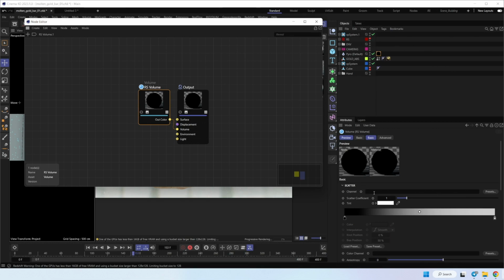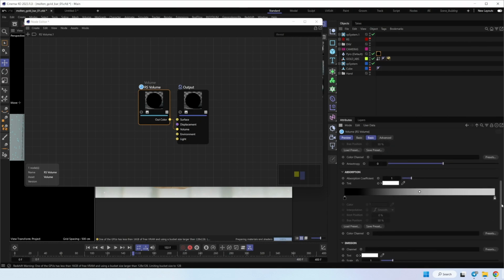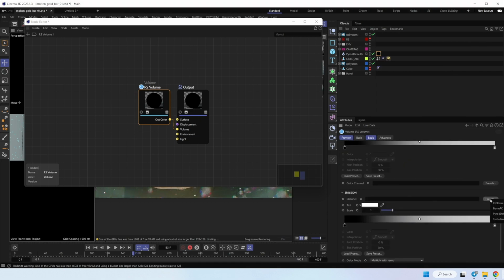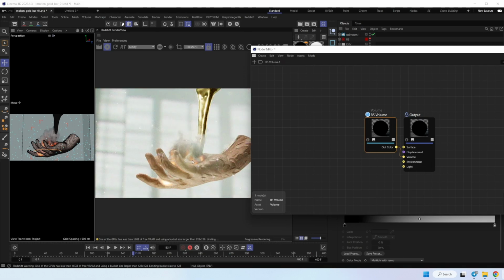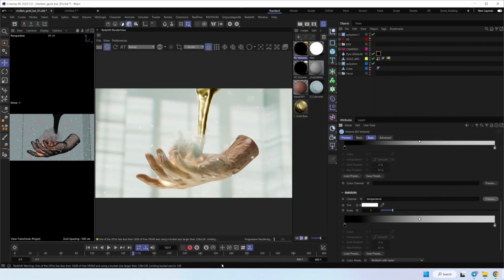Here we have to add to the channels Pyro density to the scatter channel, and for emission I add temperature. Yeah, and that's all. I didn't change any setting inside the shader because it looked exactly the same as in the viewport, so it works for me.